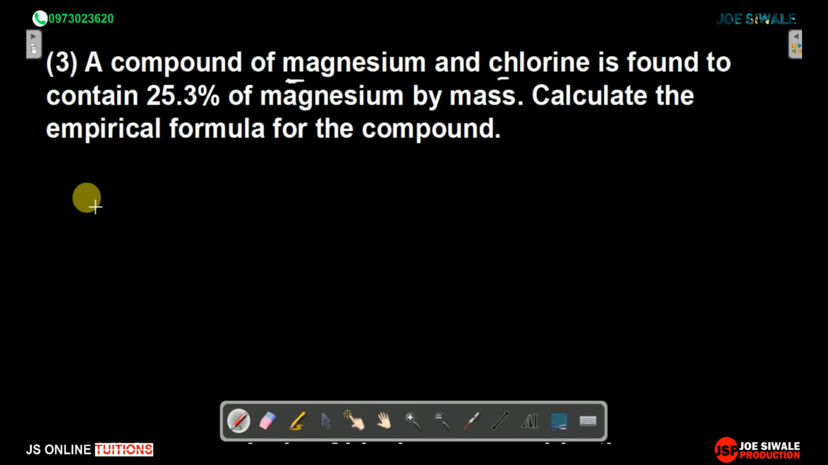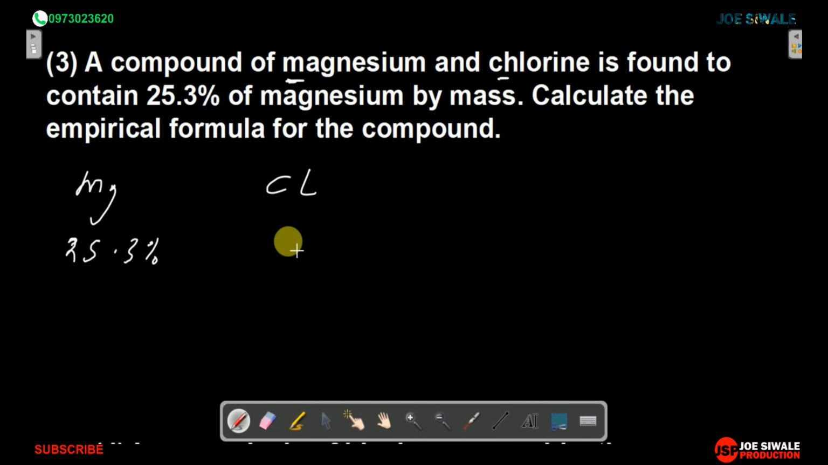So we're going to write down the elements. So we have magnesium, then we also have chlorine. Then the second thing that we need to do is to identify their masses. So we have been told that we have 25.3% of magnesium. So magnesium we have been given as 25.3%. So finding that of chlorine, we're going to say 100 minus 25.3, and we're going to have